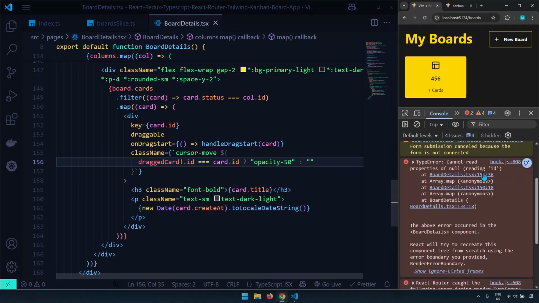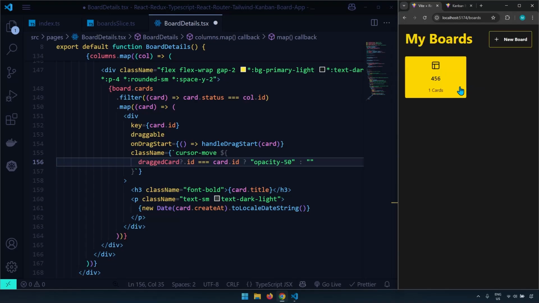Cannot read properties of null. Reading ID, line 156. It is talking about this. So I'm going to change this exclamation mark with the question mark, which is the optional one. So now if I just reload the page, create a new board,